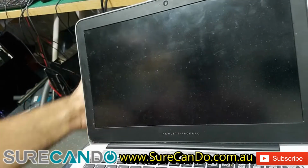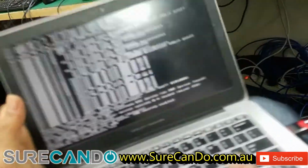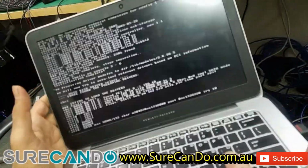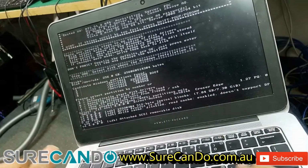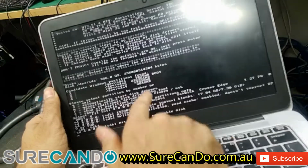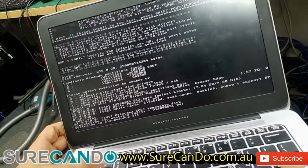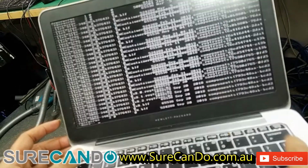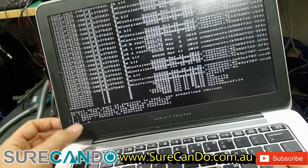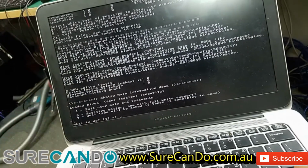This is a Windows 7 Pro machine, and we're going to reset the password for that. We haven't got much time, and we're going to upgrade the Windows to Windows 10. So the way you know which one is your operating system is usually the biggest one, so it's number 2 in this case. To enter and press enter, it should find, so press 1 to reset passwords, and we want